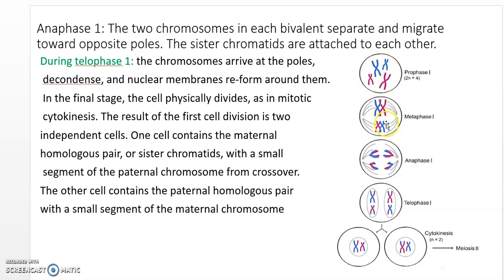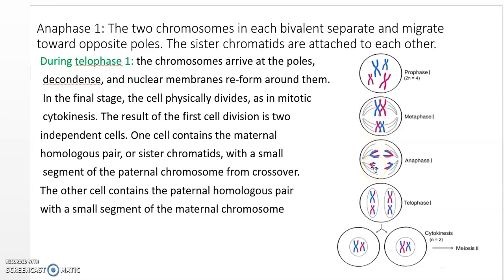Now here in the metaphase, they remain attached to the mitotic spindle and align at the equatorial plane. Then next in the anaphase, the two chromosomes in each bivalent separate. See, from here they are pulled apart. So here they are separated, and from here they are separated, from here also, and they contain some part of the blue color. See, here it is.